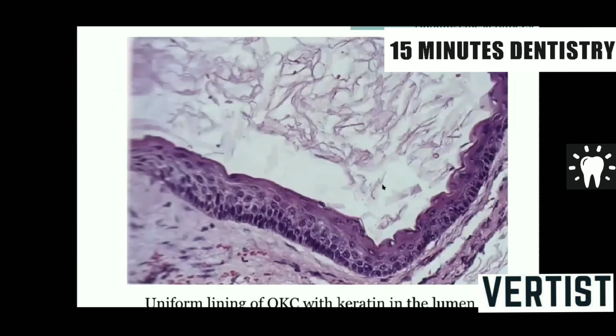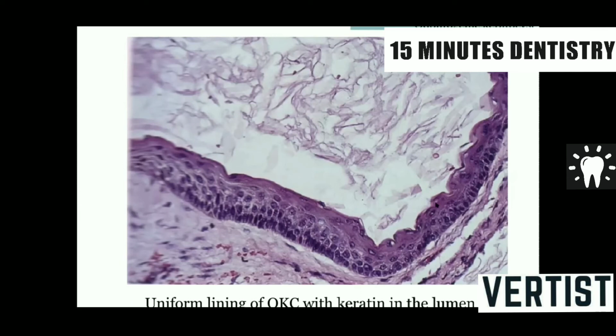Histology of this cyst is very, very peculiar, very specific. We don't miss this cyst when we study it microscopically. The epithelium is thin, maybe 8 to 10 cell layers thick. The epithelial connective tissue junction is flat without any rete ridges. And the basal cells are tall columnar. Their nuclei are hyperchromatic. There is palisading of cells giving a tombstone and picket fence appearance. Again, a very popular feature of OKC, tombstone or picket fence appearance of basal cells.